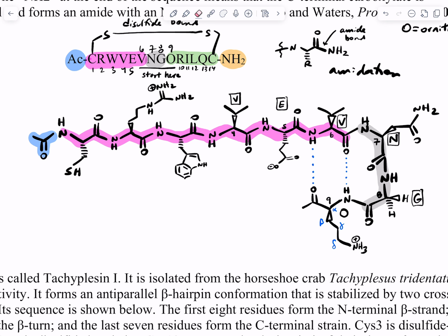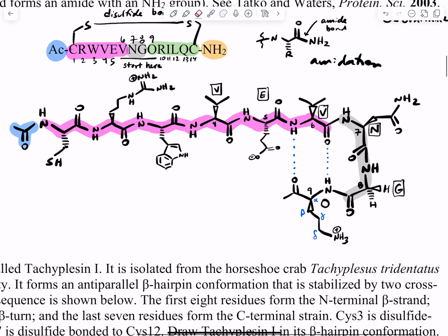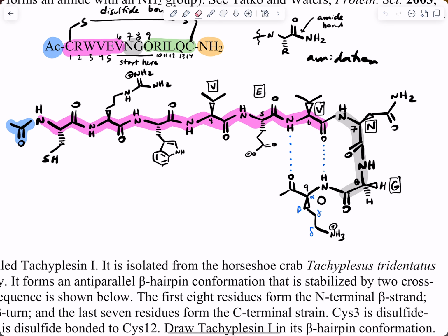So let's just keep going on that strand. Again, you want to keep each strand taking about the same space. So the next amino acid from 9 is 10, which is also an arginine. So here is the amide nitrogen of arginine. It looks like maybe I need to draw that bond just a little bit shorter. A hint is try to keep the ends on the bottom lined up with the carbonyls on the top and vice versa. So the alpha carbon of arginine 10